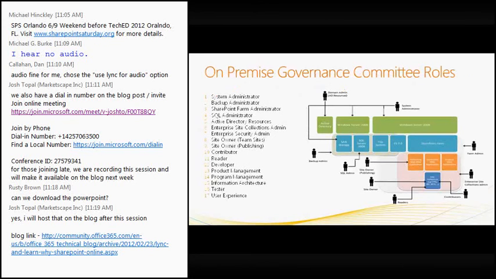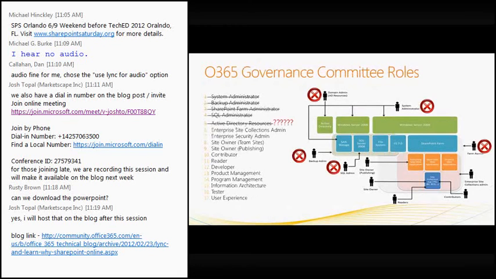I mentioned briefly about governance, so let me go a little bit deeper into the who's of governance. I have this slide here that goes over the roles. If you see, we have 17 roles here. This is for on-premises. That's quite a lot of people. And many times, I'll put the caveat here, obviously these people can be one person, some of them will be combined, but as you go into online, it changes a little bit.